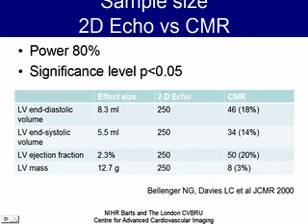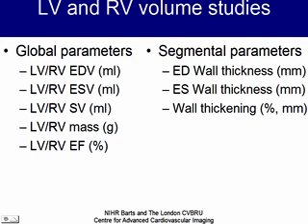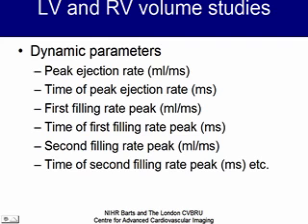We can reduce our sample size to 3% of what we would have to do if we used native 2D echocardiography, and that's purely based on the high reproducibility of the technique. We get a lot of information with these standard sequences: global parameters for both left and right ventricular mass, volumes, function, but also segmental parameters like wall thickening, end systolic wall thickness, end diastolic wall thickness. And we get dynamic parameters: peak ejection rate, time of peak ejection rate, and similar diastolic filling